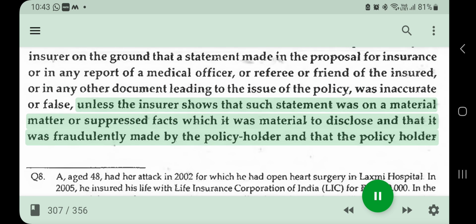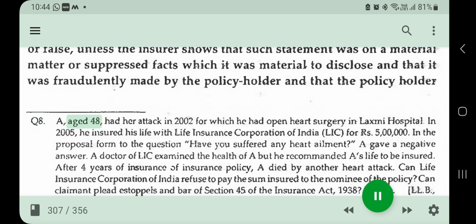in question by an insurer on the ground that a statement made in the proposal for insurance or in any report of a medical officer, or referee or friend of the insured, or in any other document leading to the issue of the policy, was inaccurate or false, unless the insurer shows that such statement was on a material matter or suppressed facts which it was material to disclose, and that it was fraudulently made by the policyholder, and that the policyholder